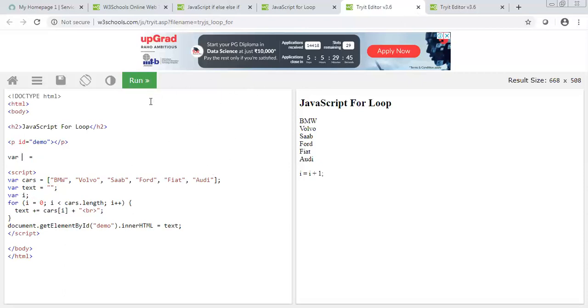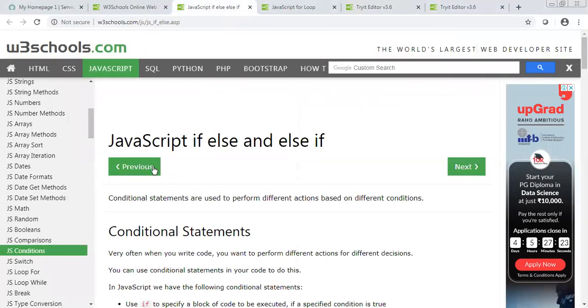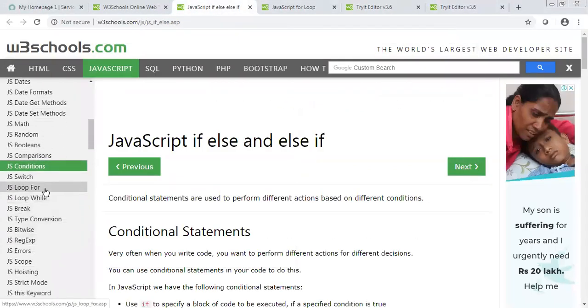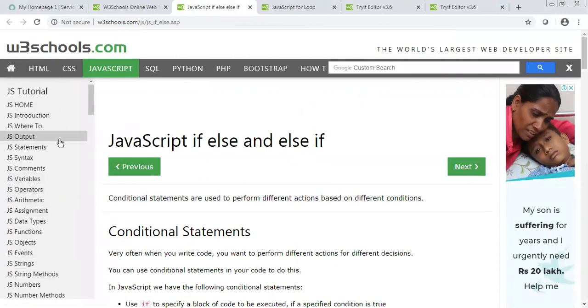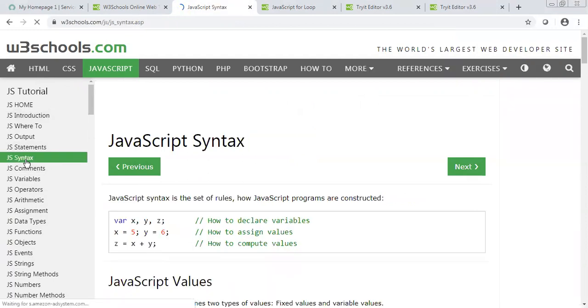Maybe what I would suggest, in your own time, is to go through these loops again. For the time being, go through if, for, while, and then the variable types under JavaScript.